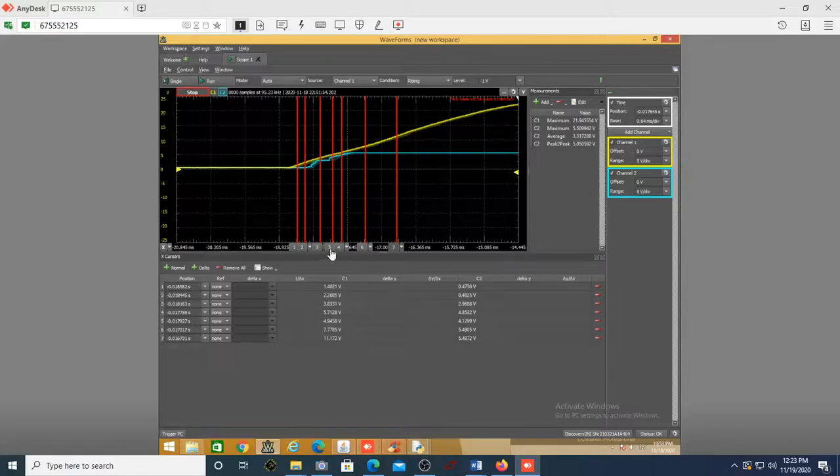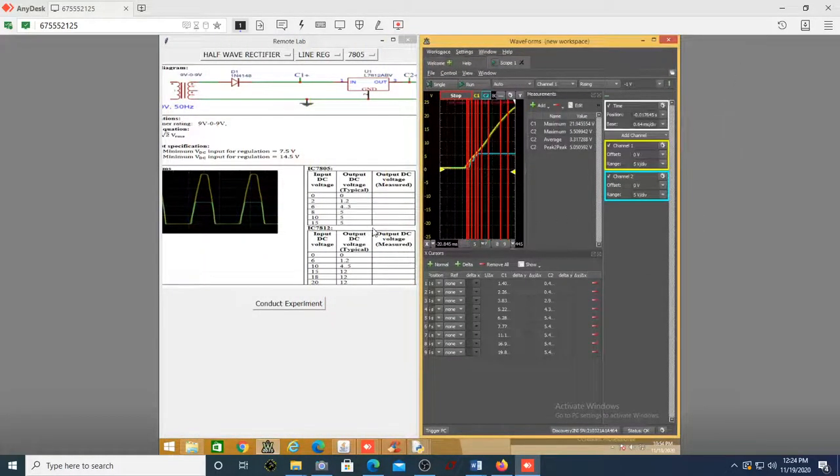I'll just slightly interchange them because they should be in increasing order. Okay, somewhere here now. Can you see the fifth one, it is 6.28, it's almost 5.4. At 7.7 it is 5.4. At 11.1 it is 5.4. You can put a few more. Can you see it is 16, 5.4, 19, 5.4. Now the output voltage is constant at 5.4 volts, of course, instead of 5 volts. Now it's a regulator which is giving a constant voltage at 5.4.